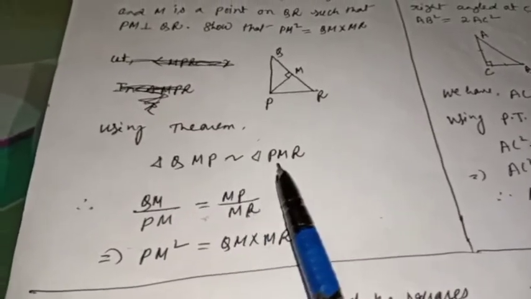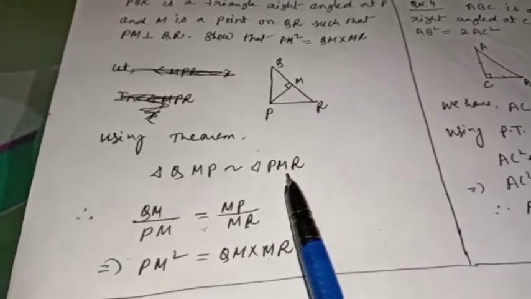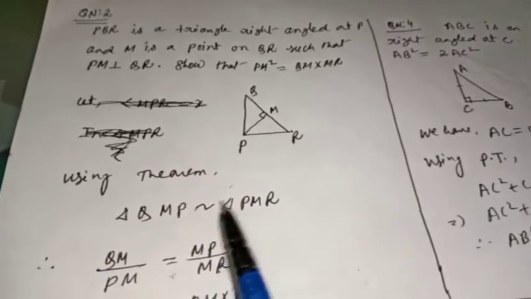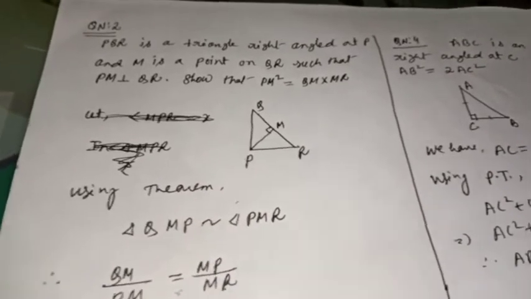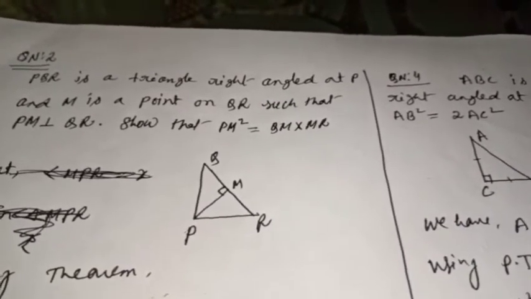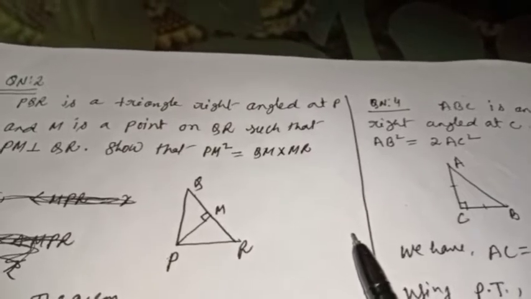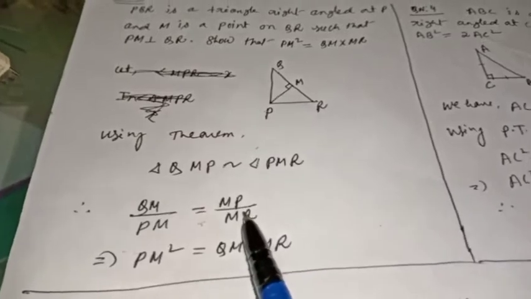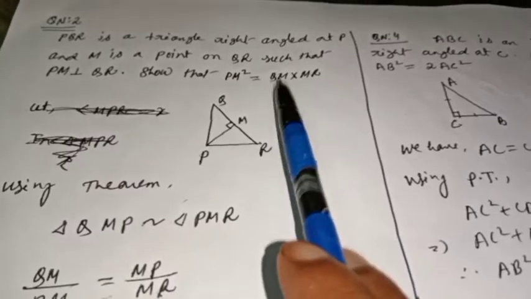Okay, what have we done? We have to find out which 2 triangles need to be shown similar, then only we will get this relation. So here it is clear, if you show these 2 triangles QMP and PMR similar, you will get it. After looking at the question, you have to find out which 2 triangles you will choose, then only we will get this relation. Understood or not? You should find out yourself. How do you find out? QMP and PMR. Okay. So if they are similar, then QM by PM is equal to MP by MR. Then if you cross multiply, we will get this relation, and this is the result. It means we have proved it.